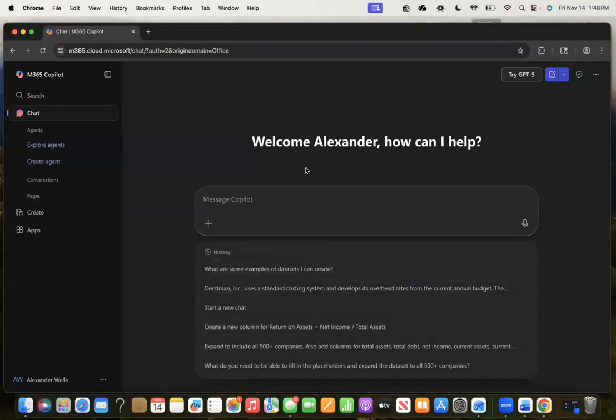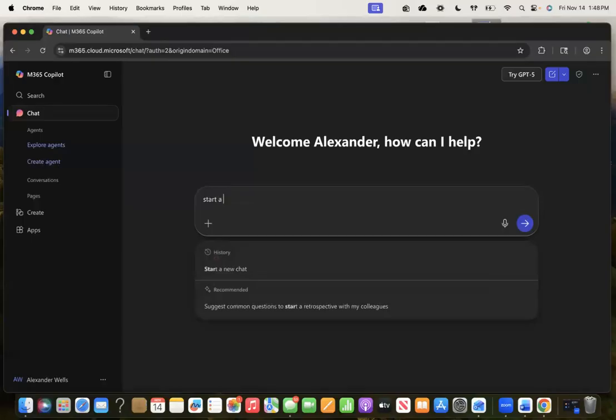All right, hello everyone. Today we're going to complete a lab on financial accounting with a data set that I created from Bloomberg, pulling financials for all S&P 500 companies. And we're going to use Copilot to create financial ratios and then filter by industry and compare ratios within that industry. So if we have Copilot open, first thing we want to tell it to do is start a new